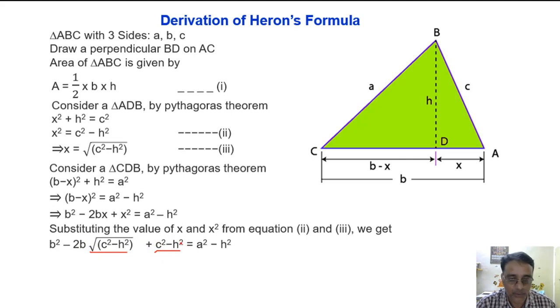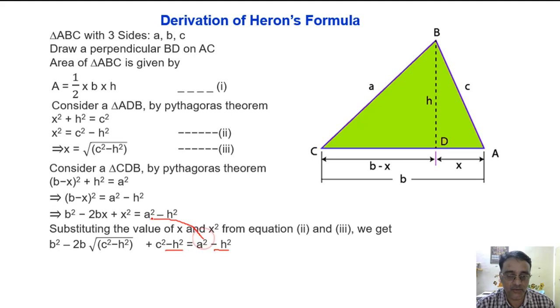Now see, both sides minus h square minus h square we can eliminate. Okay, because of the same sign and same variable we can eliminate. Or else if you want to cancel it, you shift this side, it will become plus, then cancel. ठीक है, इसको हम लोग दोनों को एलिमिनेट कर दिए.